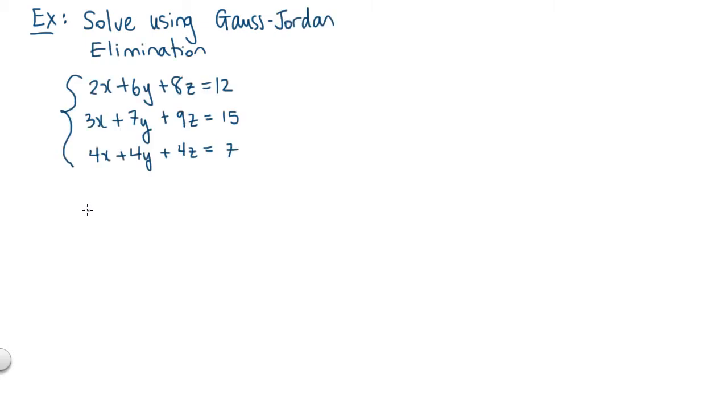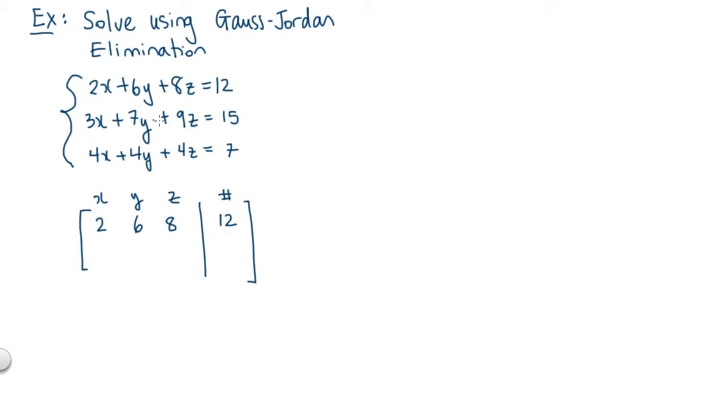Let's solve the following system using Gauss-Jordan elimination. Our first step will be to build the augmented matrix. The columns will represent coefficients of x, y, and z, and over on the right side we'll have the numbers coming from our equations. So the top equation will be translated as 2, 6, 8,